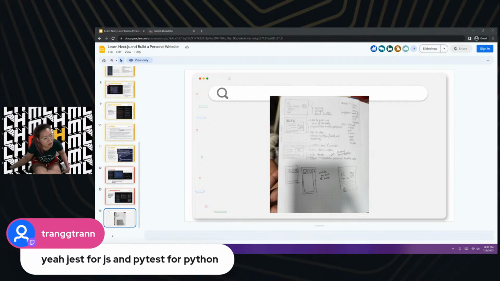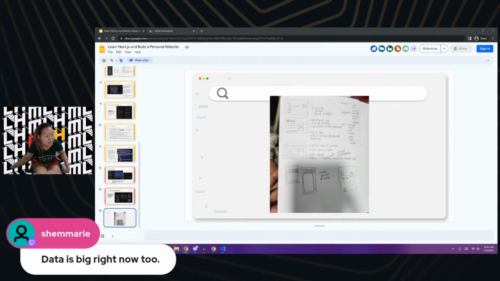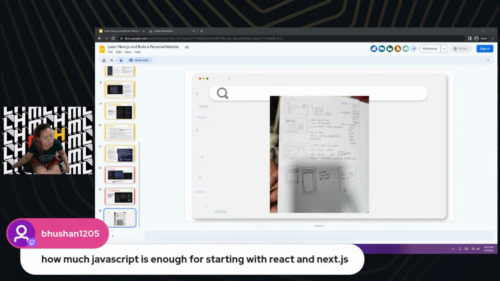Someone, oh, and then data was mentioned as well that I can go into. How much JavaScript is enough for starting? Okay, let me be honest with y'all. I think I learned React before knowing that it was in JavaScript. I winged it so hard at different hackathons that I just Googled what I didn't know in terms of framework, in terms of syntax, like arrow functions or curly braces or whatever, semicolons.